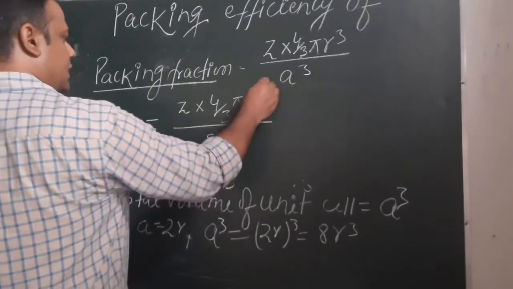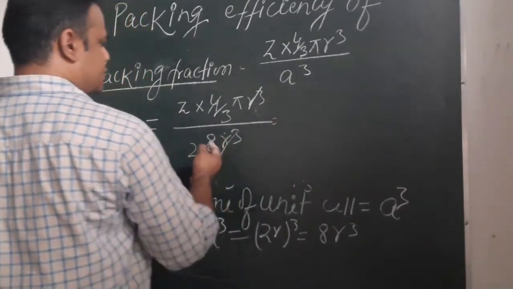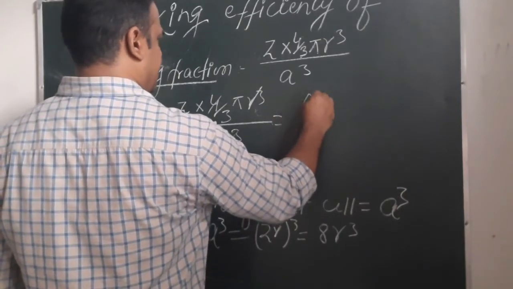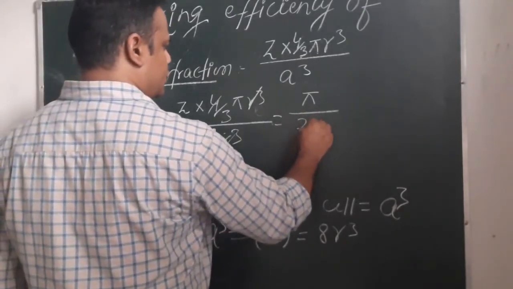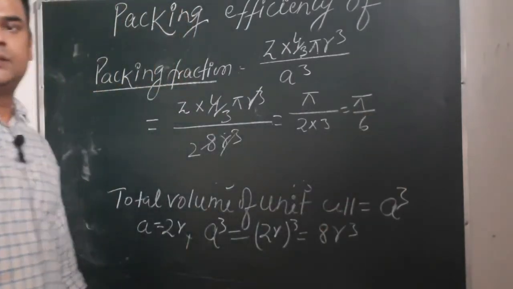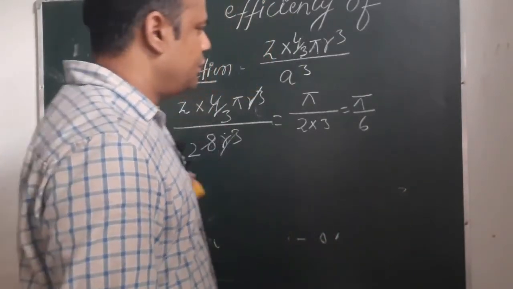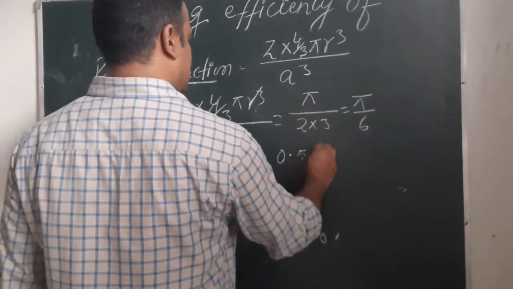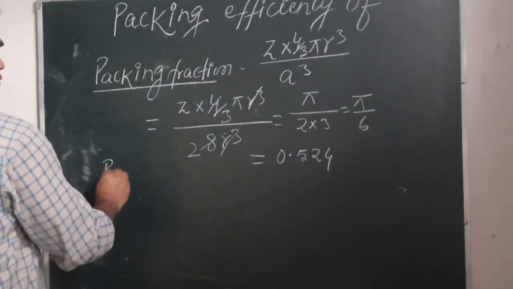r cube will cancel out from here. 4 to the 8, and the value of Z is 1. So we can write here pi divided by, downside we have 2 only, 2 into 3 is equal to pi by 6. Pi by 6 will be the packing fraction, and if we solve this one, we get pi by 6 equals 0.524. We know that packing efficiency is equal to